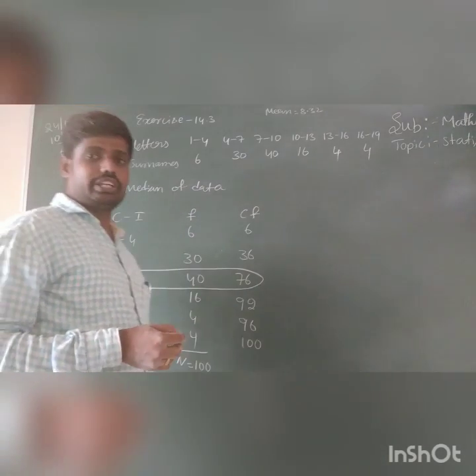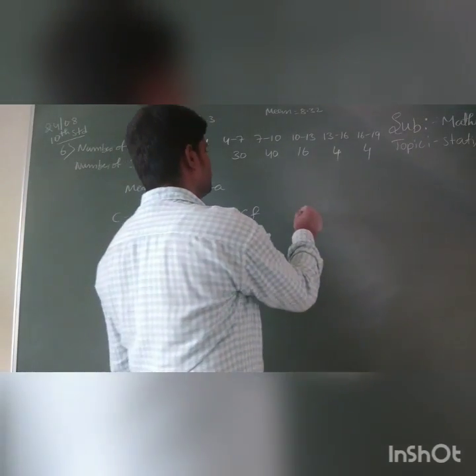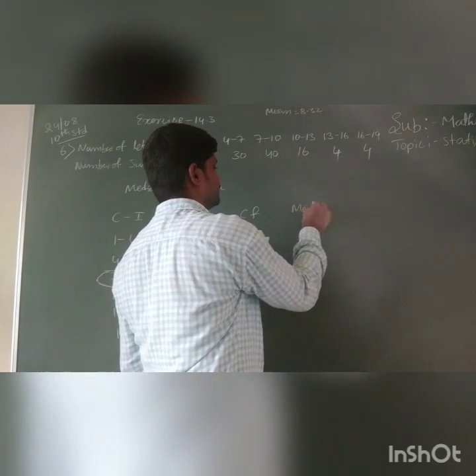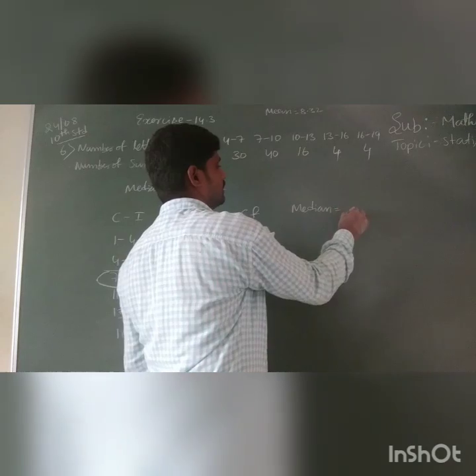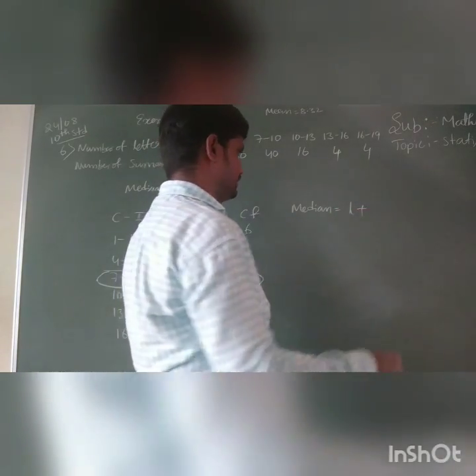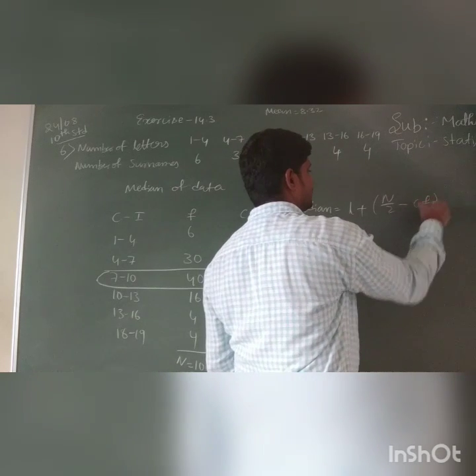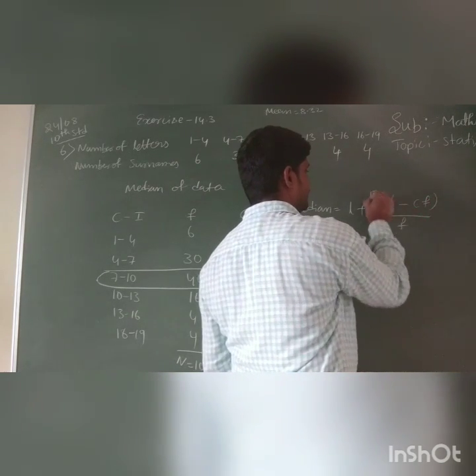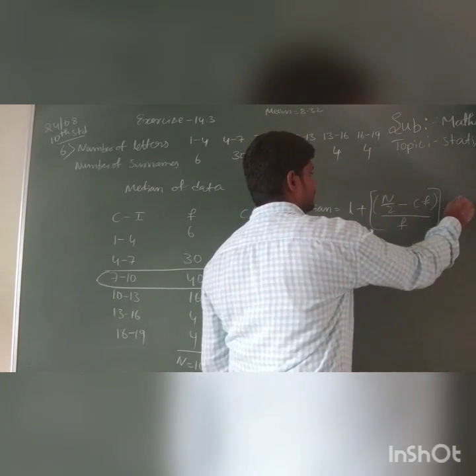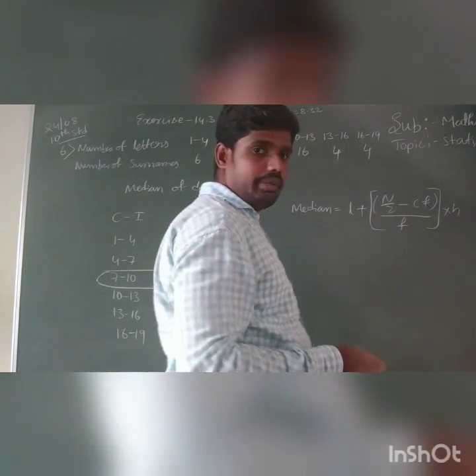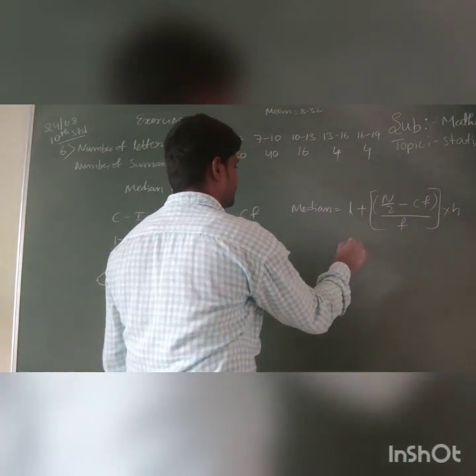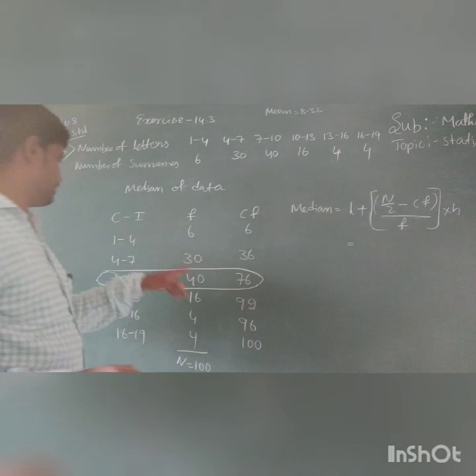What is the formula to find the median? Median is equal to L plus (n by 2 minus CF) divided by F into H. This is the formula to find the median of the data. What is the value of the